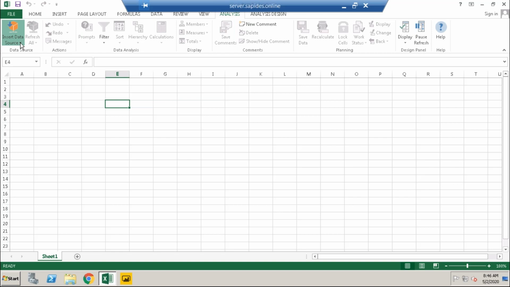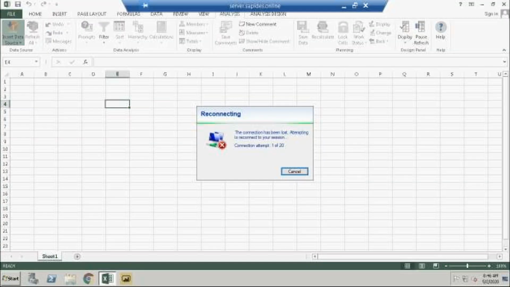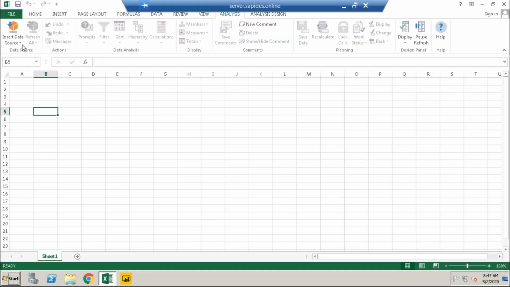So when you choose this insert data source option, it is taking a long time.